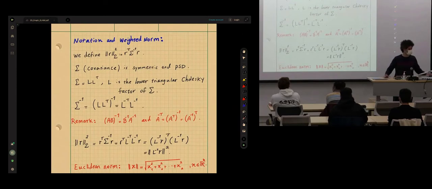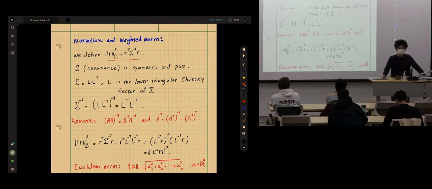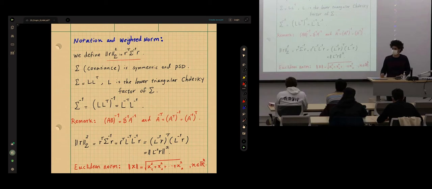A notation that we will use is the weighted norm. I'm going to define it now, so later when we use it, you're familiar with it. You're familiar with the Euclidean norm. A particular notation is when the norm has some weight. This weight can be a covariance matrix, and then the weight is in terms of the inverse of the covariance. Be careful, sometimes in control, the weighted norm is defined using the matrix itself, not necessarily the inverse of it. In this context, we're talking about the inverse of the covariance as the weight, which is the information matrix.